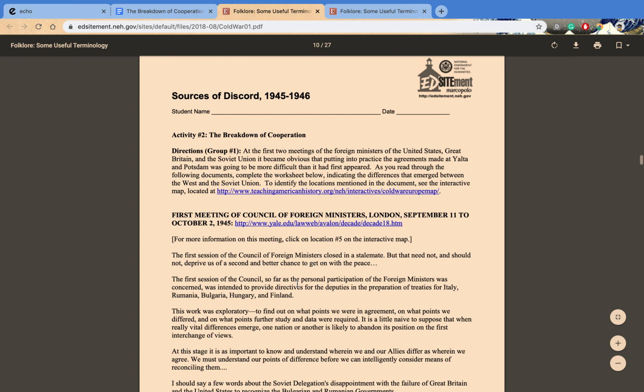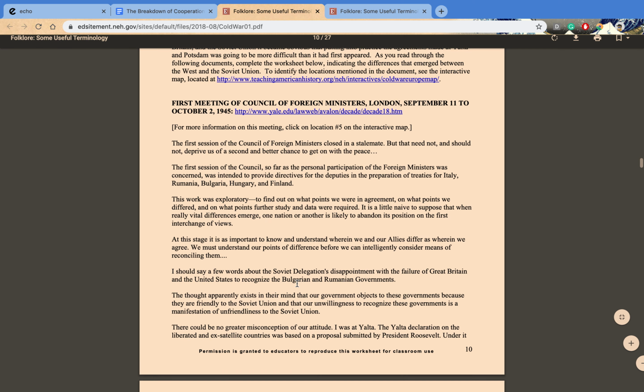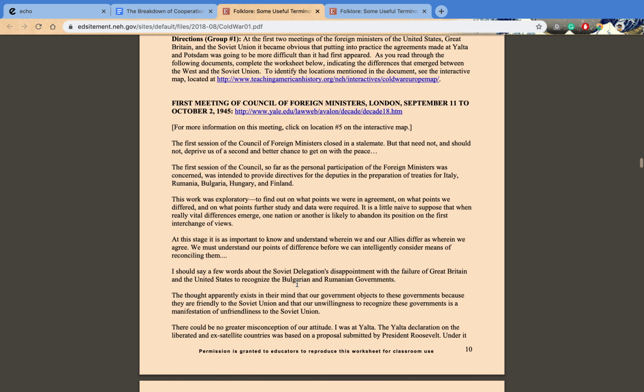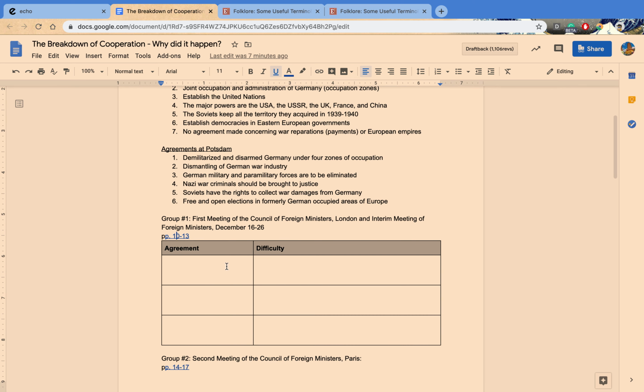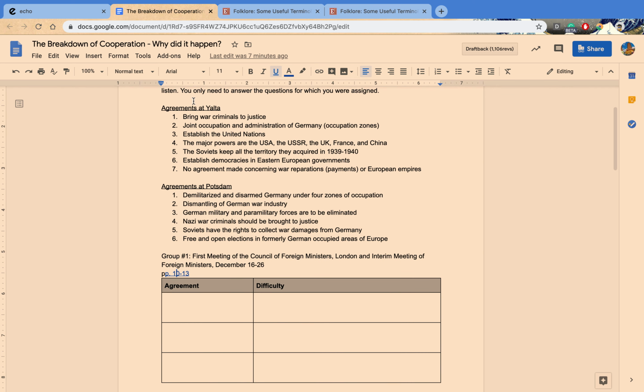So you're going to read through this, and you're going to notice some things that were agreed upon at Yalta, or that were agreed upon at the Potsdam Conference. You're going to identify the agreement that was made, and I put those up here above: 7 at Yalta, 6 at Potsdam, and there were more, but these are the important ones. There was also a lot of difficulty even in those meetings.